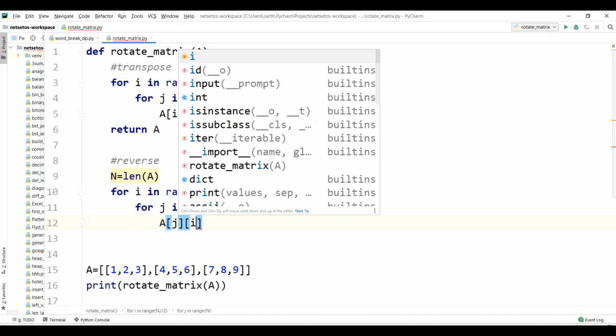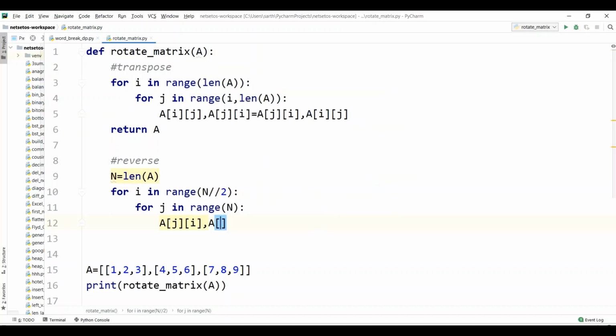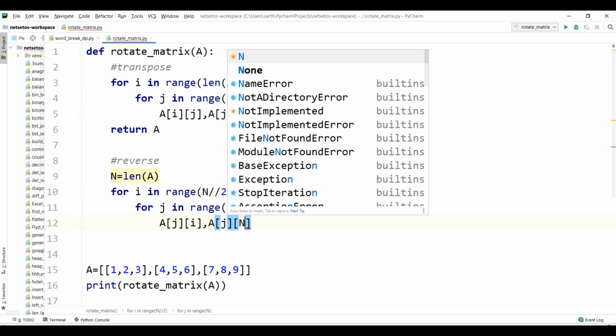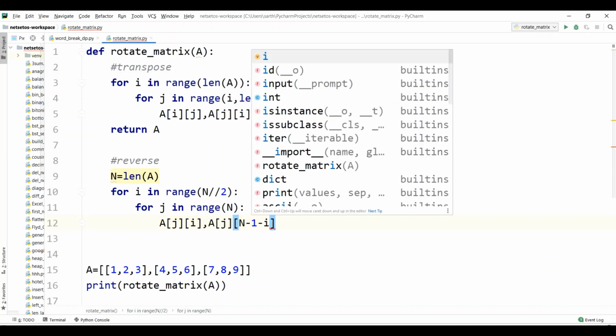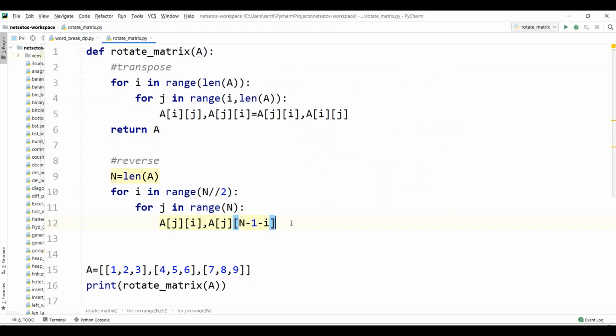A[j][i] will be swapped with A[j][n minus 1 minus i], as in Python it will be 1 less. So this element will be swapped with the first column elements. So I'll write it with a comma. Now instead of returning here, we will return at the end of the program.